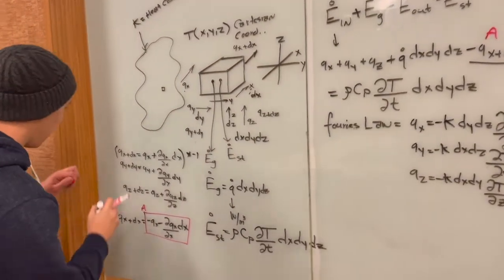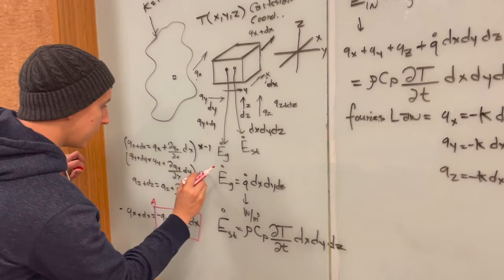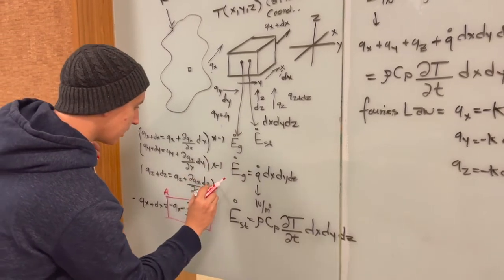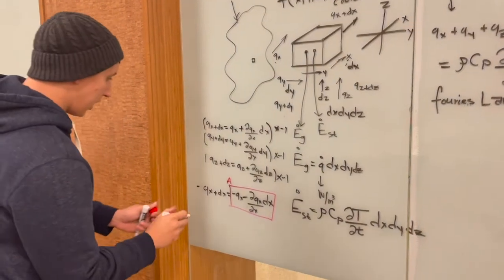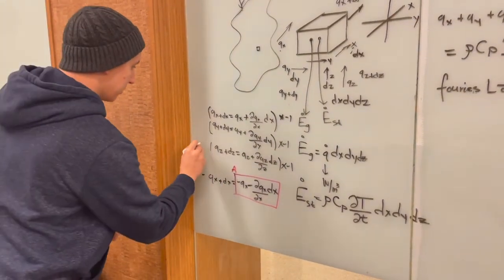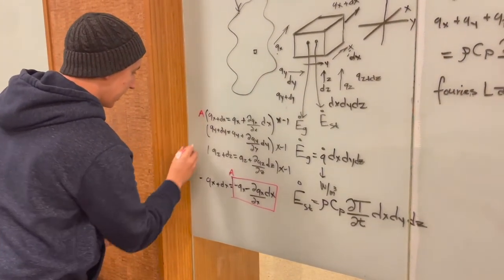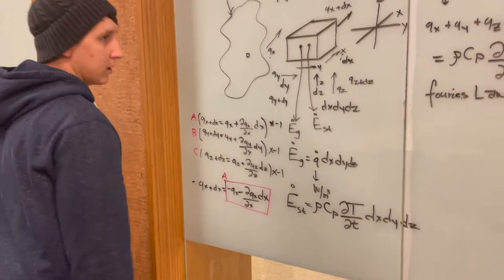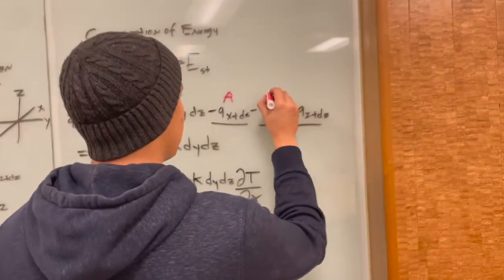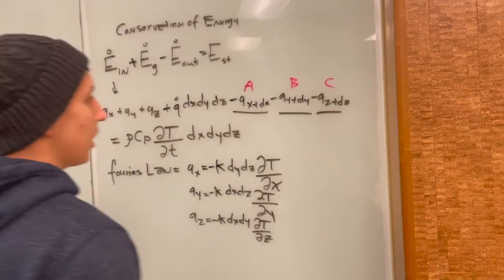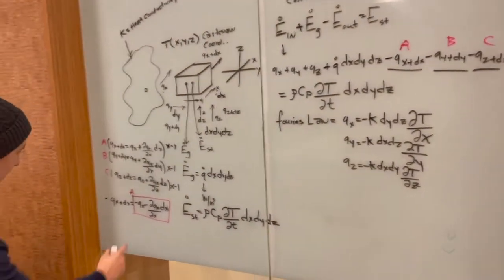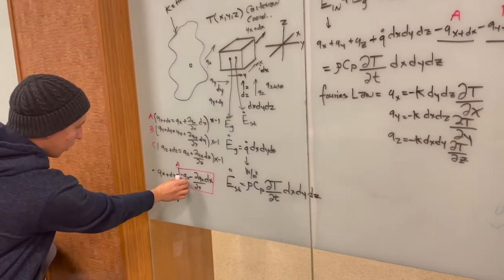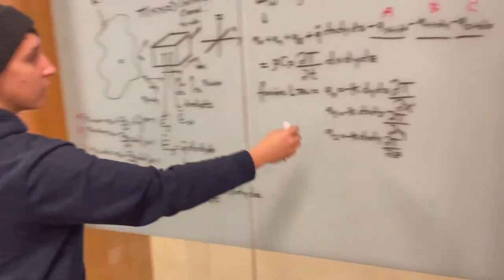You would multiply this by -1 and multiply this by -1, the whole entire equation. And then you would have this being A, we said this was A, this would be B and C. And you would put B and C here. And then what you're going to realize without me writing everything out is